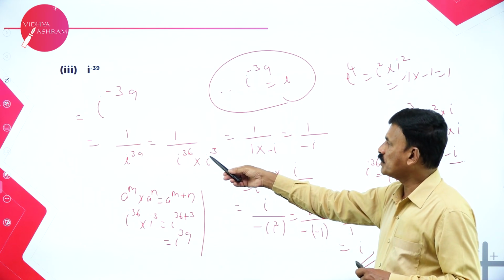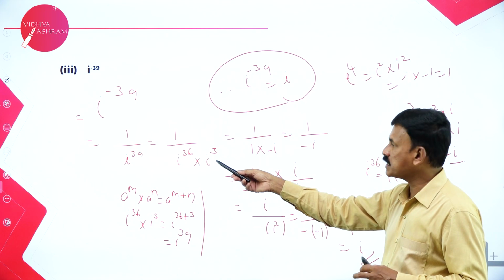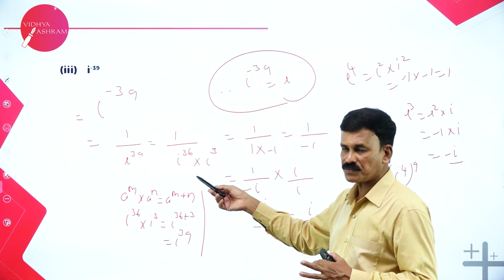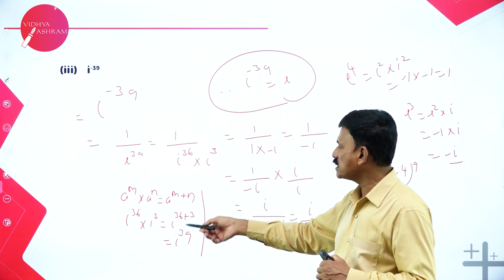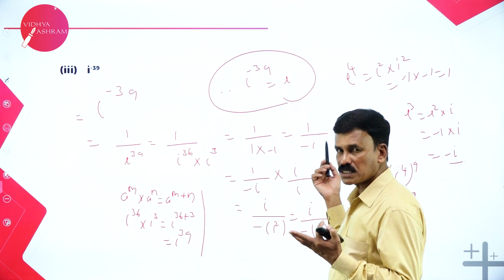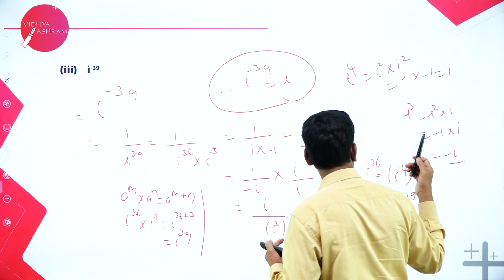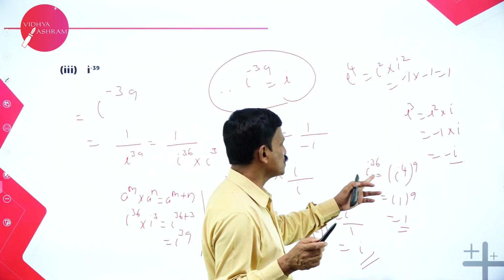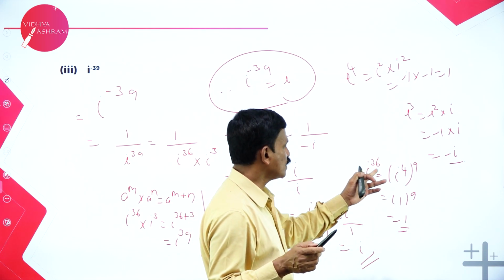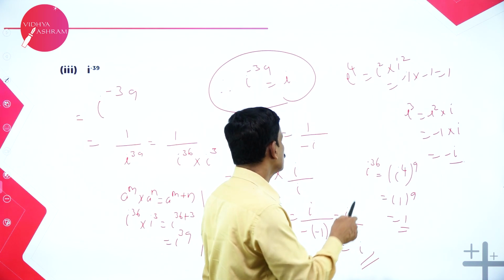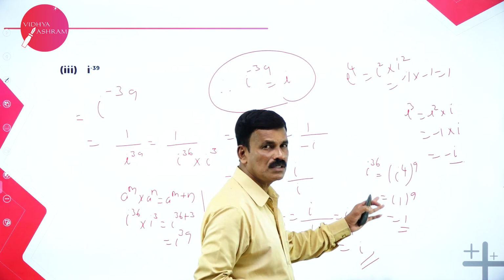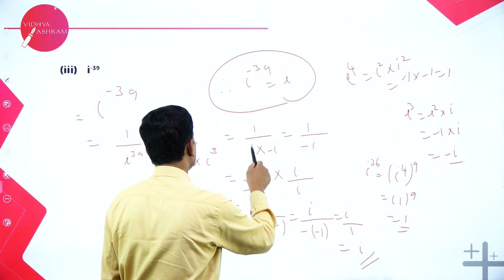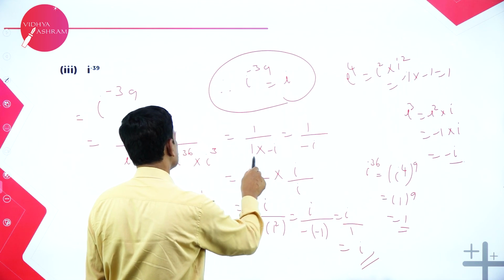See here, 1 over i to the power of 39 can be written with plus 39. 39 can be written as 36 plus 3, so i to the power of 36 into i to the power of 3. 36 plus 3 is 39. Since i to the power of 36, you can split it however you like depending upon your calculations. I can split i to the power of 36 as i raised to 4, whole raised to 9. 9 4s are 36, right? Since you know i to the power of 4 is plus 1, if you multiply 1 nine times, you will get 1 itself. So therefore, 1 divided by i to the power of 36 into i cube